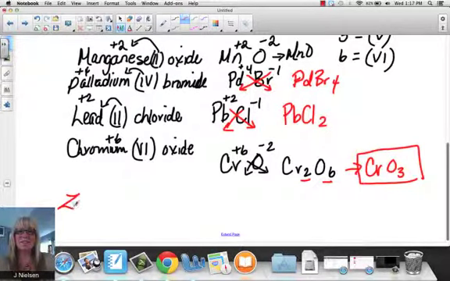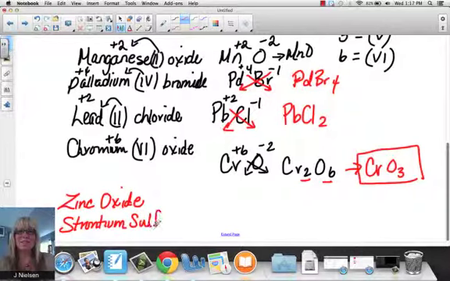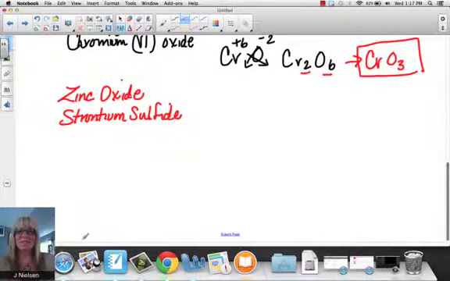So let's write formulas for zinc oxide, strontium sulfide, and aluminum fluoride. So you're simply going to write down the symbol